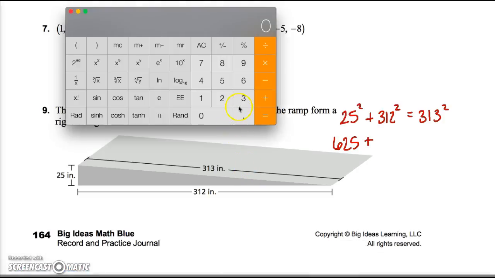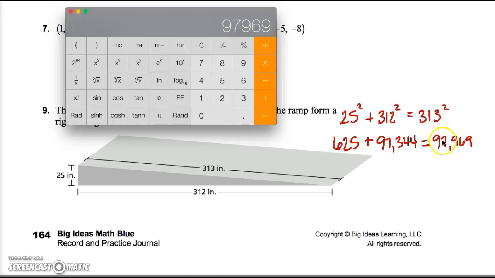I'll pull up my calculator here. 312 squared is 97,344. And then 313 squared is that big number,